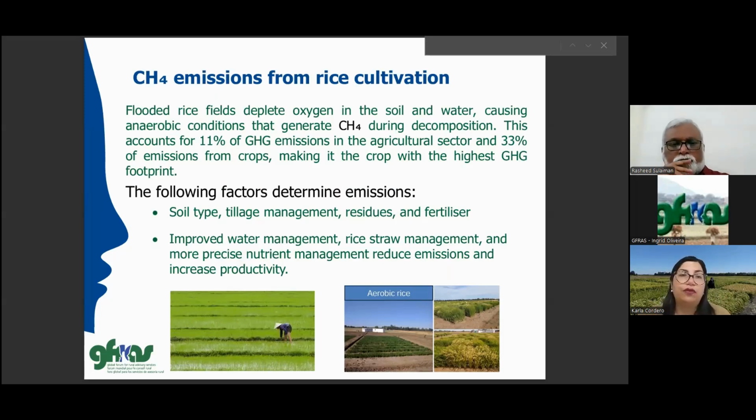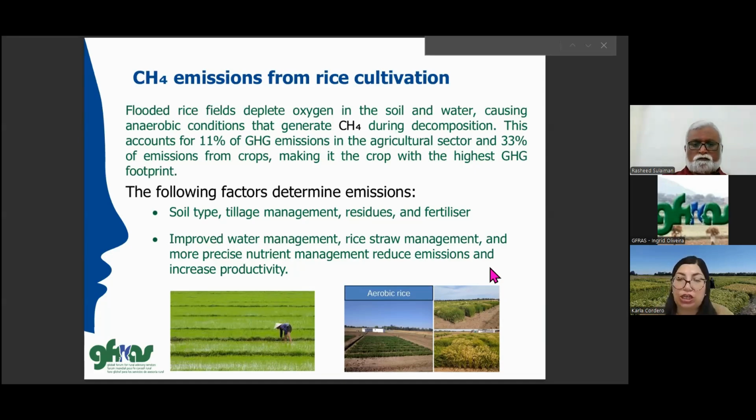As I was saying before, one of the examples is reducing CH4 emissions from the flooded rice field, which accounts for 11% of the greenhouse gas emissions in the agricultural sector, and also 33% of the emissions from crops. So this is the crop with the highest greenhouse gas emission footprint. What we can do, as we see in the picture, is replace the system that we used to have, covered with a lot of water, using aerobic varieties and aerobic systems, and then we can get rid of the methane